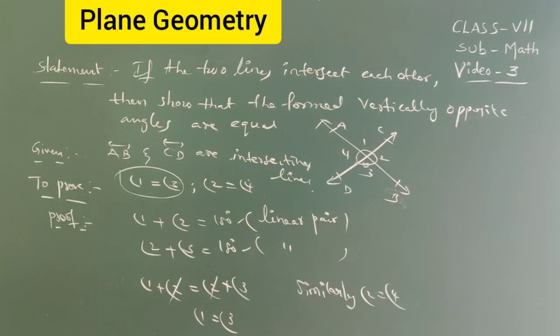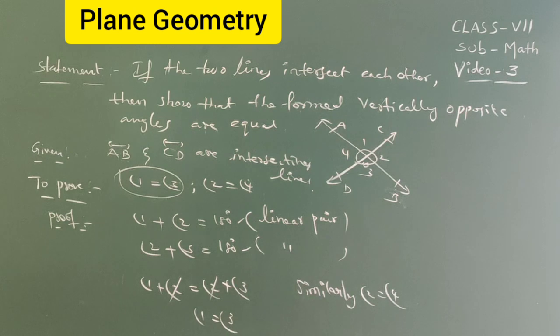Already we have the linear pair definition: the sum of the angle measures is 180, meaning two adjacent angles that form a line are called a linear pair. So 1 plus 2 is 180, as well as 2 and 3 also form a straight line, so 2 plus 3 is also 180 degrees. So 1 plus 2 equal to 2 plus 3 because equals of equals are equal. Two things are equal to 180, that's why they are equal. So 2 gets cancelled, angle 1 equal to angle 3. With the help of 2, 3 and 3, 4, we can cancel 3 and you will get angle 2 equal to angle 4. That's how similarly it is proved.